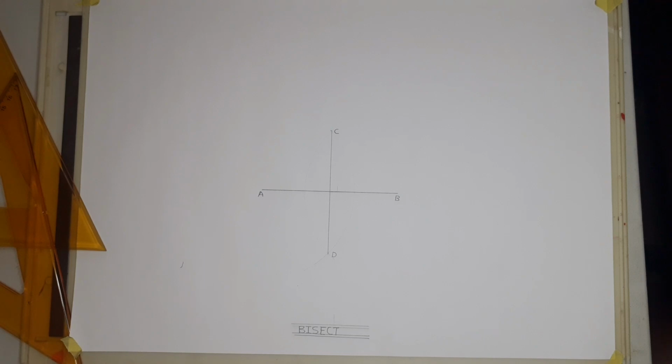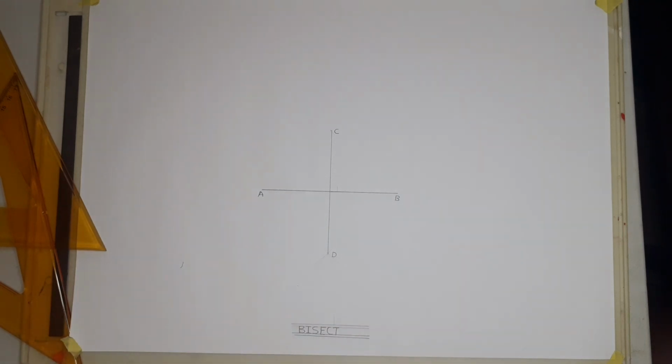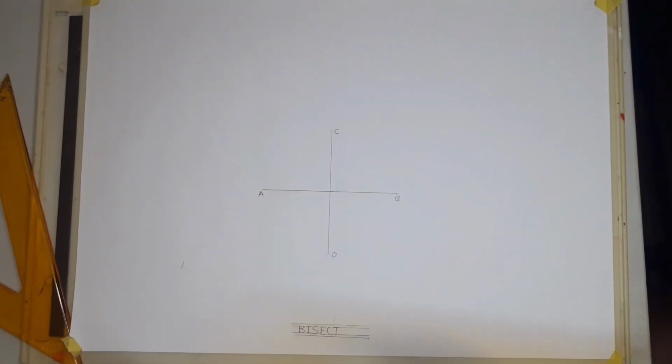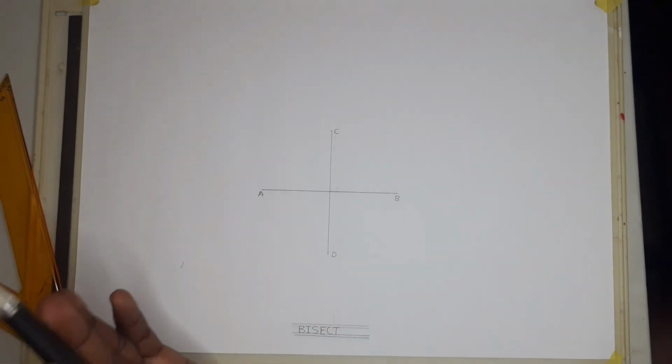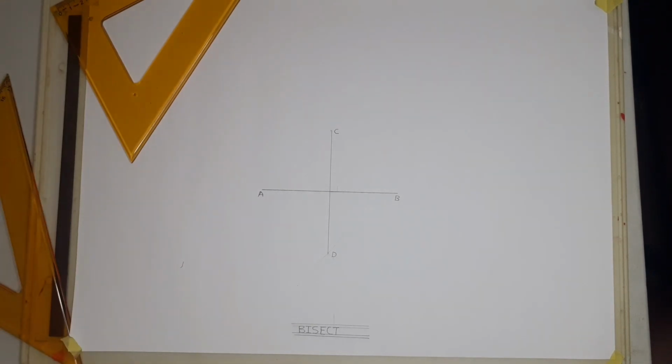So there will be a time where you need to bisect, or maybe you're given a distance which, if you divide that by 2, let's say 17. If you're given 17, if you divide it by 2, you will get a number which has a comma. So to measure a comma here is difficult, so rather use this time to bisect. See? And the other thing, okay,